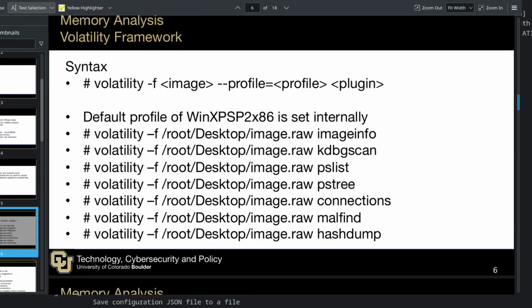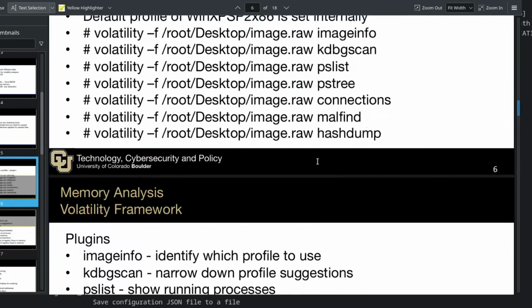Here is the default thing for version 2. If you have XP Service Pack 2 32-bit, it defaults to that version 2. And here are example commands. Image info, KDBG scan, which is kernel debug scan, PS list, PS tree, these are process information, connections or internet connections, and